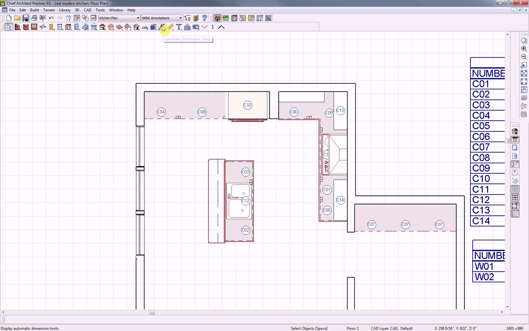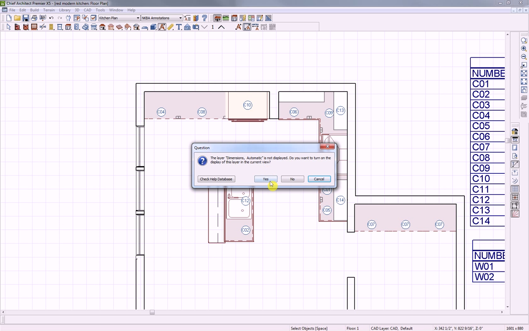And if we go to our automatic dimension tool button, we'll see that we have some new tools here. One is for auto interior dimensions that pick up our interior area, so it will kind of dimension drywall to drywall. And there are defaults where we can choose to locate objects like windows and doors and so on. We have an automatic dimension tool for our NKBA standards, an auto elevation dimension tool, and an NKBA standards for auto elevation as well. So if we click on our auto interior dimensions, we'll need to turn on the layer,